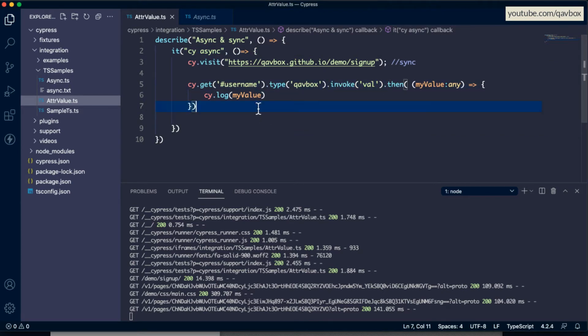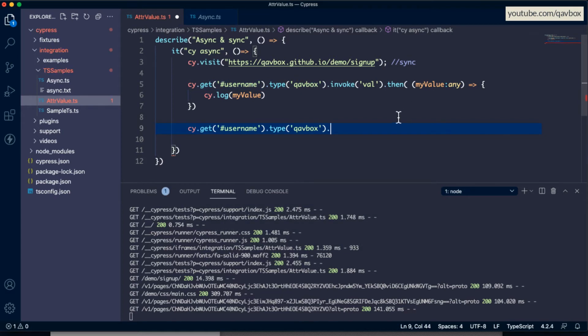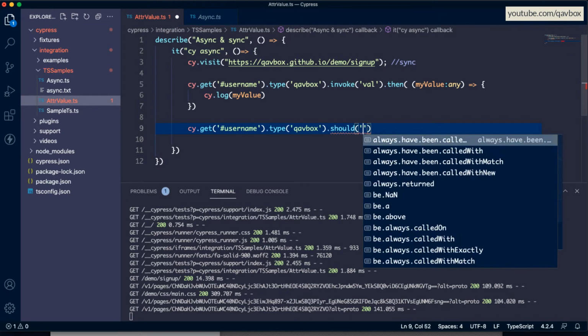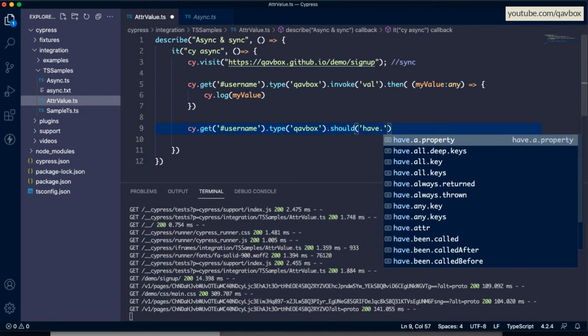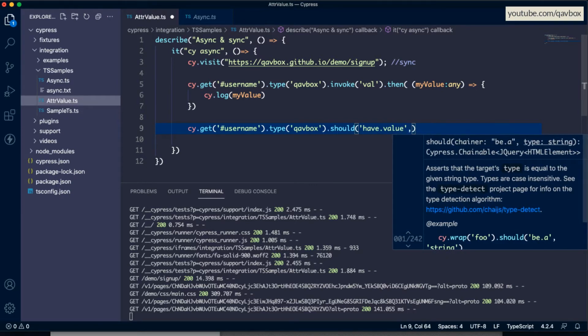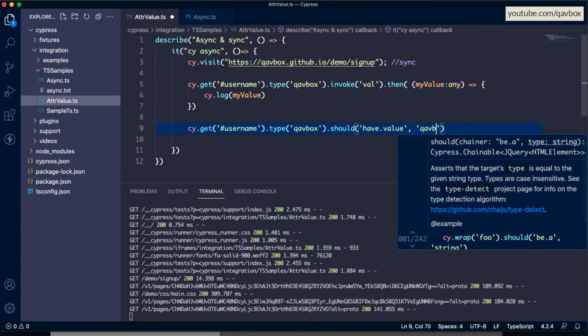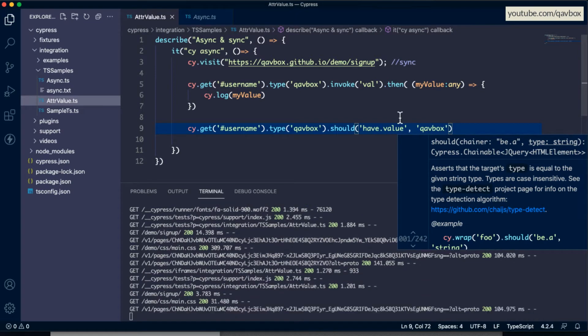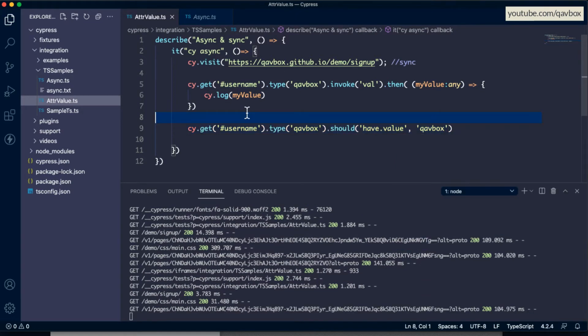And the same thing you can do using should with value. For instance, let's say you don't want to print this one, you want to validate something. What you can do is use the should method, and it accepts two parameters. One is have.value, and here you can match whatever you are expecting. Let's say I am expecting it should be the entered text. Now if I save it,